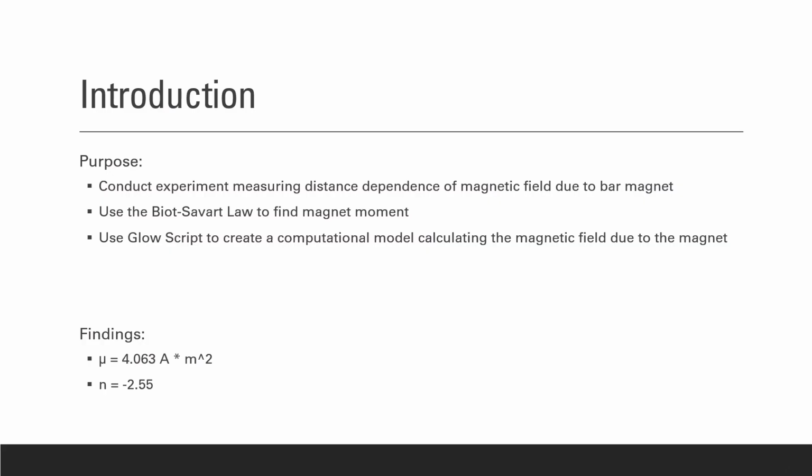The introduction. The purpose of this experiment was to measure the distance dependence of the magnetic field due to a bar magnet, to use the Biot-Savart law to find the magnetic moment, and to use the GlowScript code to create a computational model calculating the magnetic field due to the magnet. The findings of this lab were that the moment is 4.063 amperes times meter squared, and that n is negative